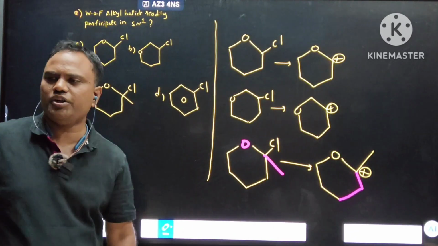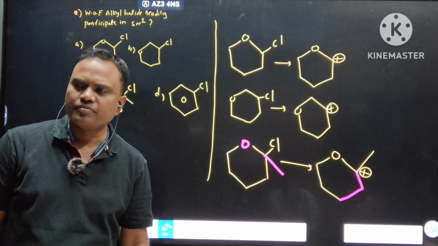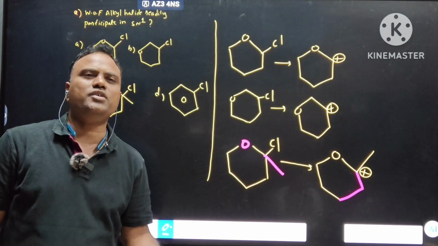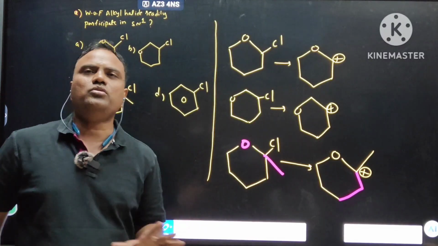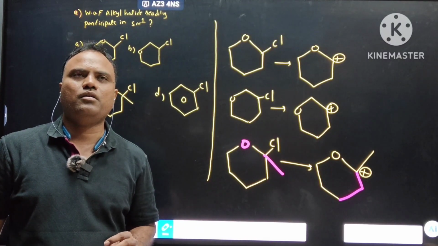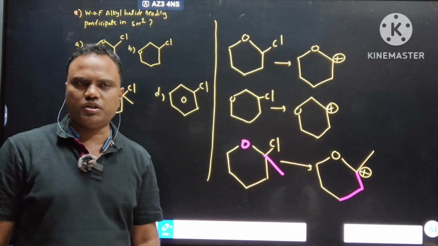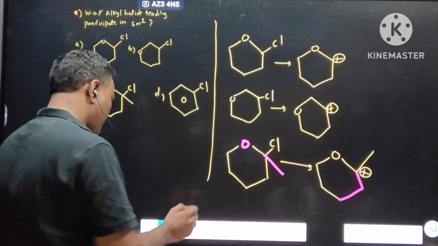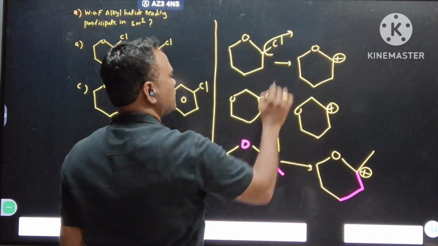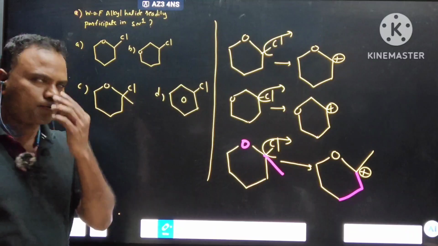D, no need to check. Why no need to check D? Aryl halides do not participate, so that is least reactive. Now, how to check which alkyl halide readily undergoes SN1 reaction? What I said: first remove the halogen along with the bond. Here also, halogen along with the bond. After that,